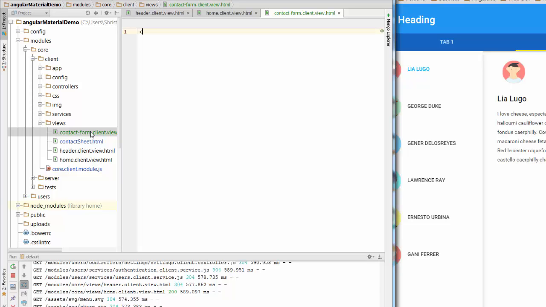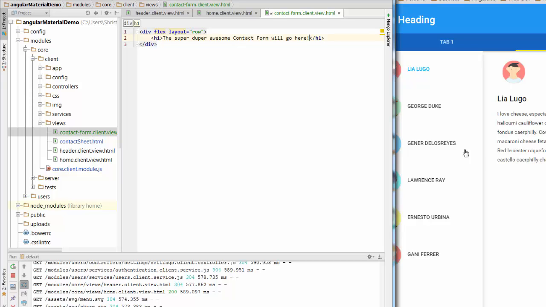So I'm going to throw in here a div with flex and layout equals row, and just inside that I'm going to put an h1 tag, and let's say this is the super duper awesome contact form. All right, so that's what we're going to show there.